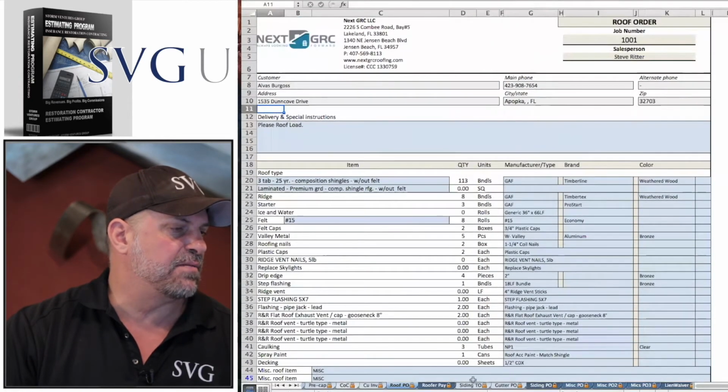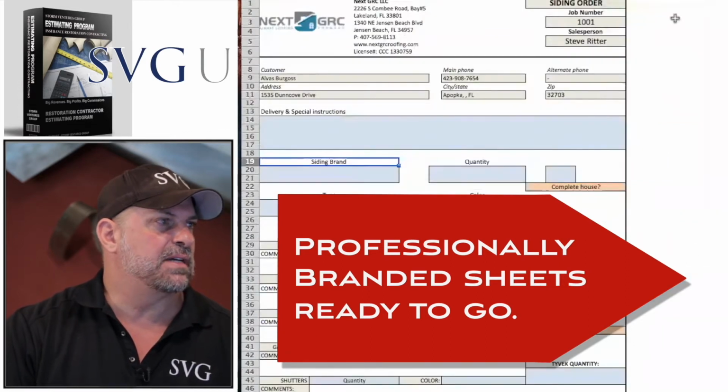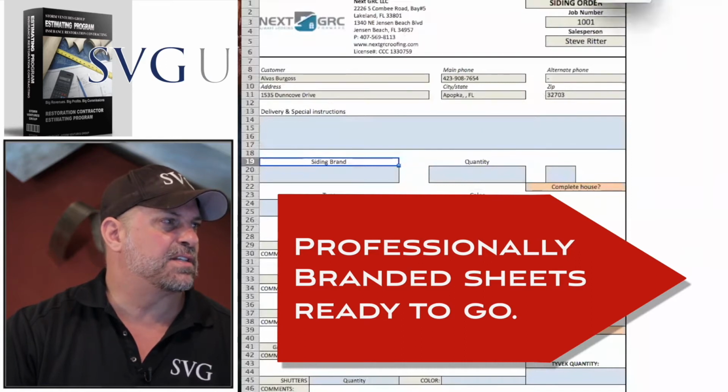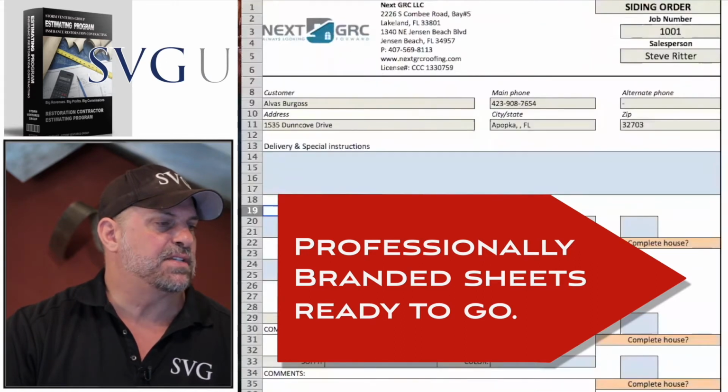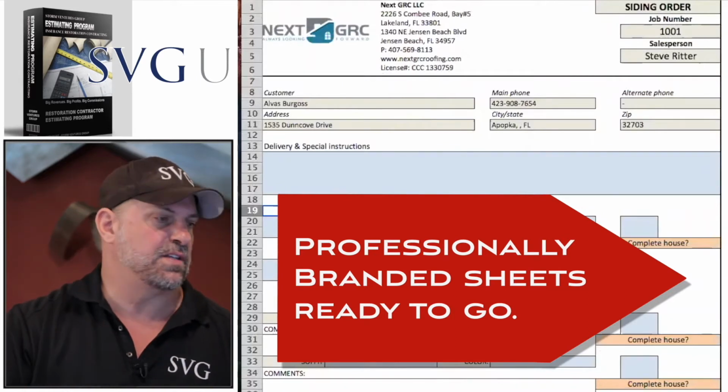We're going to come back and fill this out here later on this job file. And then we also have our gutters, siding, miscellaneous trade order sheet. So if you're doing multiple trades, you got plenty of order sheets that you can see are populated up there, that customer information. And then based on what the salesman contracted, your production manager would use these sheets and then execute the work order with those